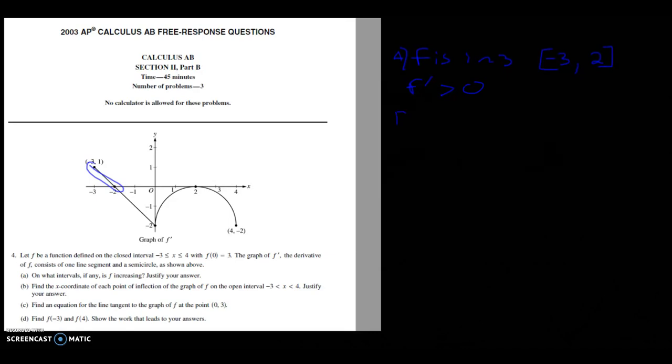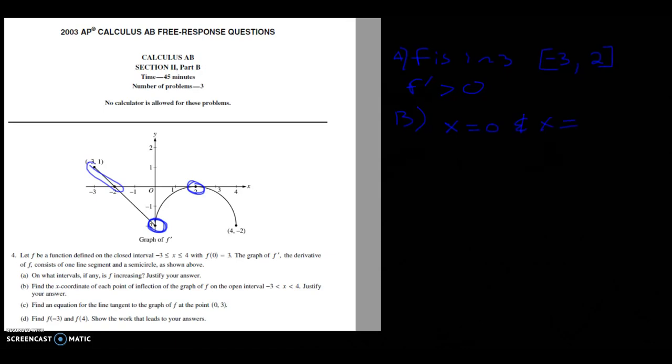Okay, part B. Find the x-coordinate of each point of inflection of the graph of f on the open interval from -3 to 4. Justify your answer. Well, in order for it to be a point of inflection, f prime has to change from negative to positive or positive to negative. So right here's a point of inflection, and right here's a point of inflection. So you would say at x equals 0